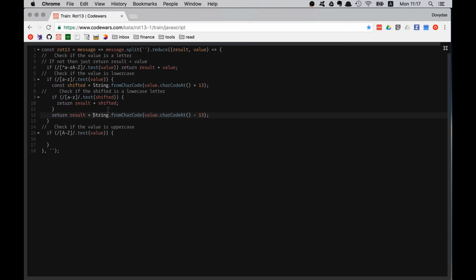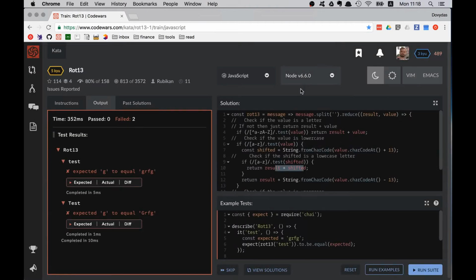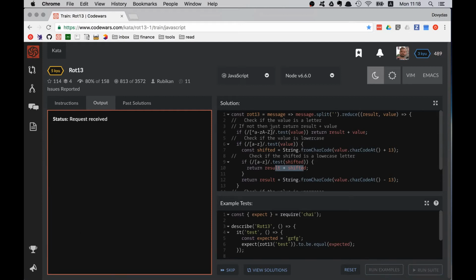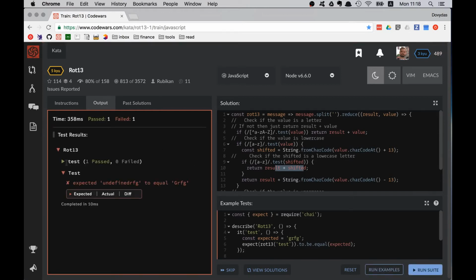Result plus string from char code, that should give us the correct result. Let's see if, oh, this one's all right. That should work. So let's run the examples. Right, so we passed the first test. Unfortunately, this undefined, we still get the test 2, test with uppercase letters or capitalized strings. They don't work. Okay, so let me